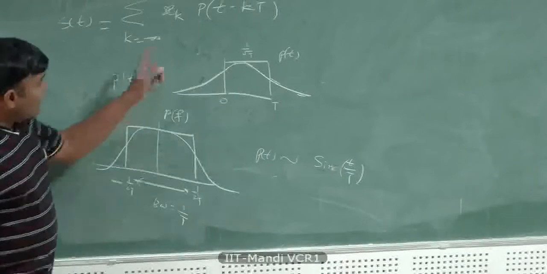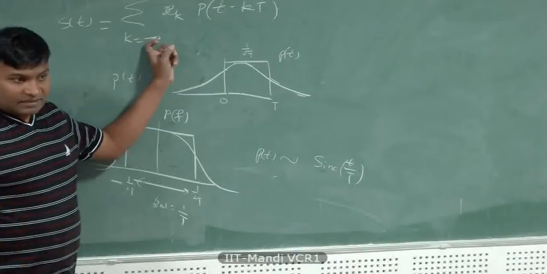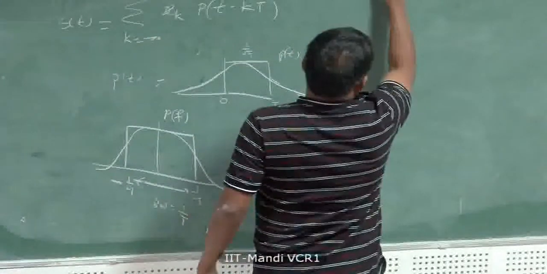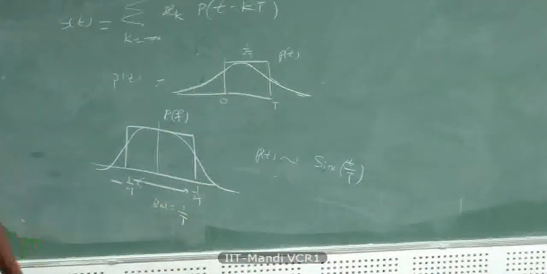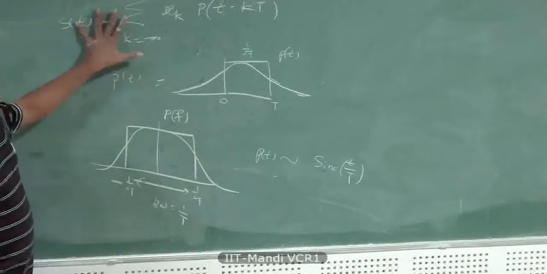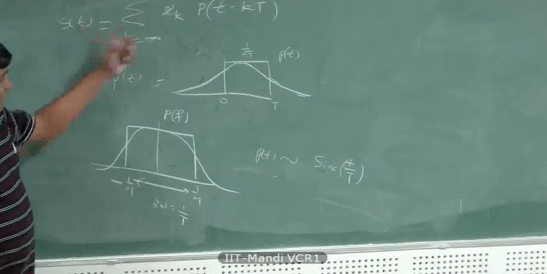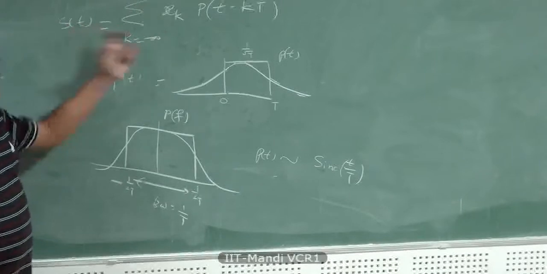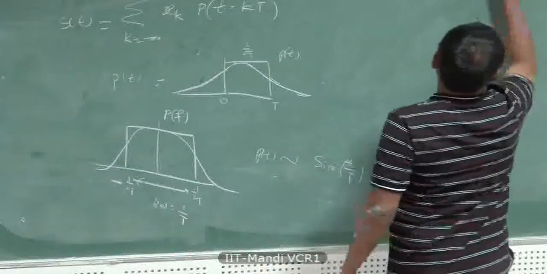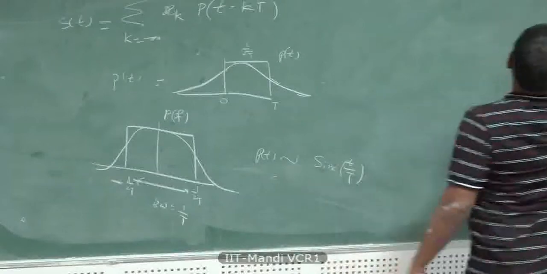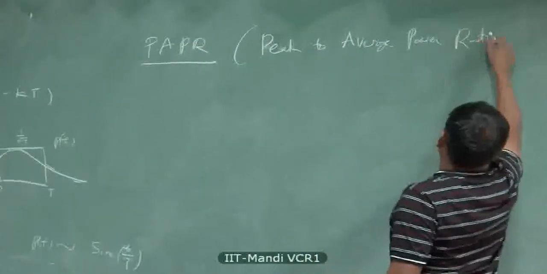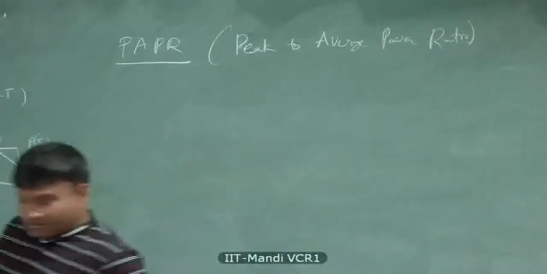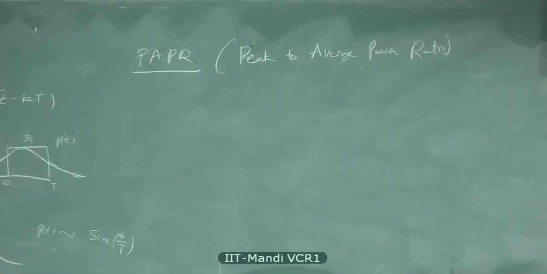That is the peak to average power of this transmitted signal. Have you heard of this? PAPR, the peak to average power. What is the peak to average power? This is a random signal, right? Because of X_k, the signal waveform has a peak and it has an average. The ratio is defined as the peak to average power ratio. If the peak to average power ratio is high,